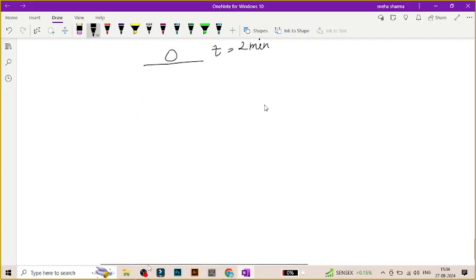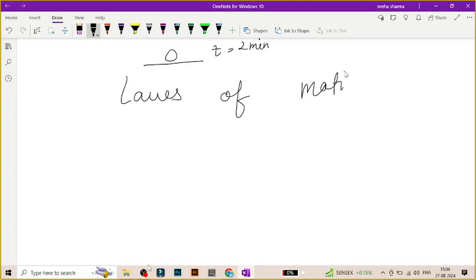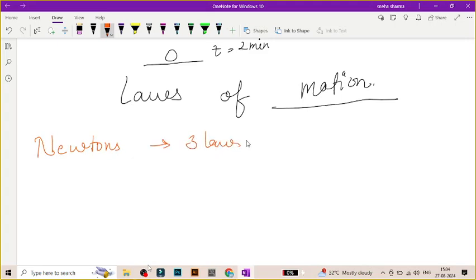Now our topic was laws of motion. So Newton defined 3 laws of motion which every moving body follows. Every body in motion follows these 3 laws. So the first law is,